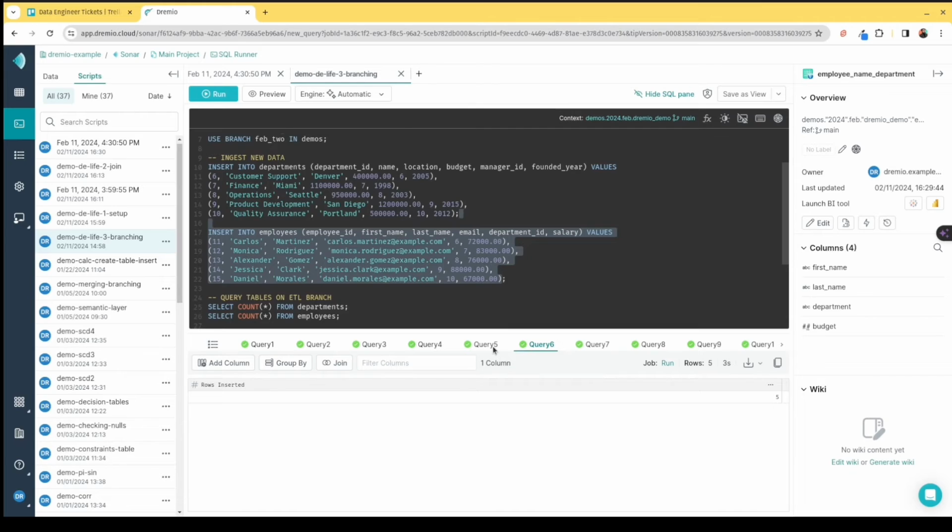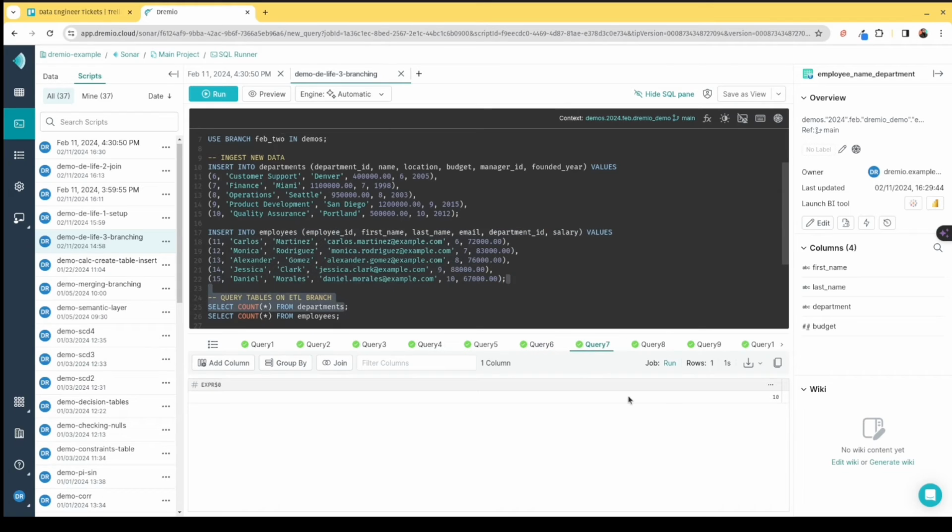And notice that as I switch between these queries, it actually highlights them over here. So again, these little quality of life touches make the user experience much better. If I click over here, see it's highlighting the query that this is the result for. Okay, then we see that